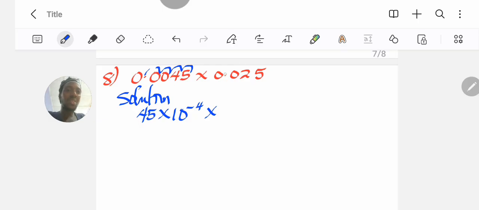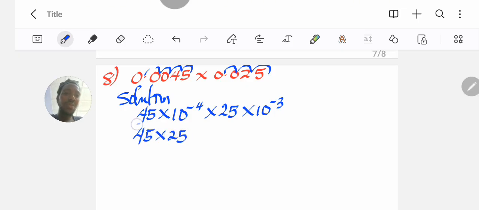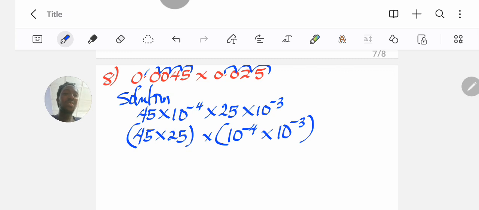You do the same thing here. The decimal, take it outside, 1, 2, 3. And that's 25 times 10 raised to the power of minus 3. The next thing to do is the 45 and the 25, you want to put them on one side, times the 10 raised to the power of minus 4 times 10 raised to the power of minus 3 on another side. Now 45 times 25 is going to give us 1125 times 10 raised to the power minus 4